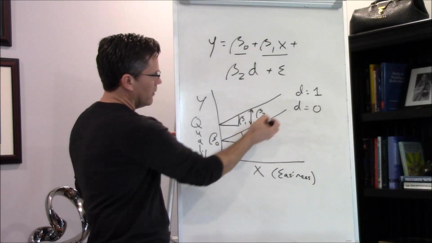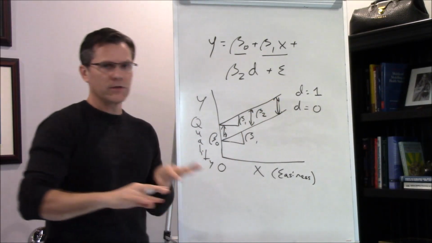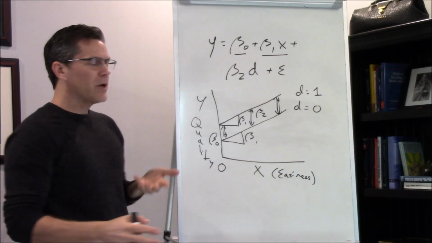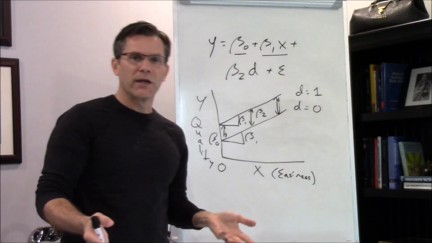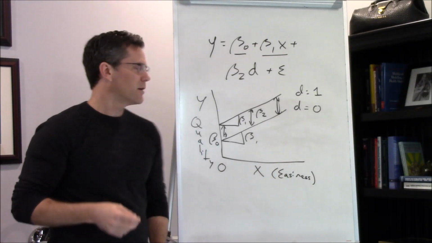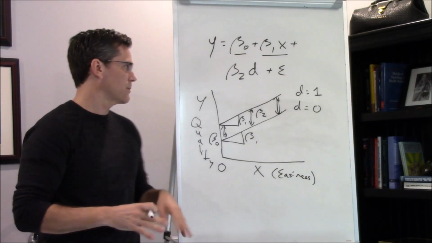It's beta 2 here, it's beta 2 here, it's beta 2 here, it's beta 2 no matter where we go, right? The lines are parallel. This is the parallel regression lines, or homogeneity of regression assumption, that is made in analysis of covariance. All right, so we could fit this model, and if we fit this model with this play data, we get